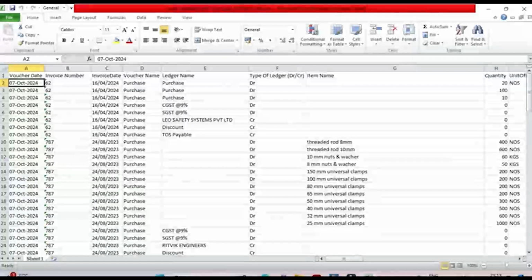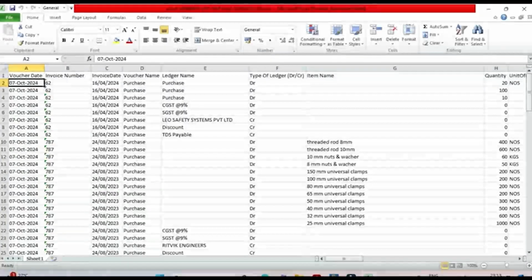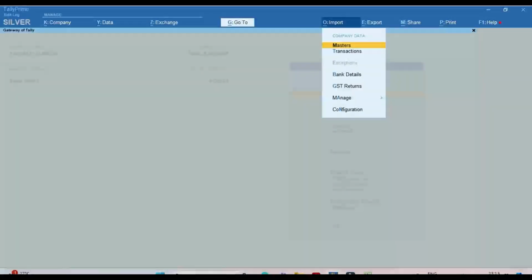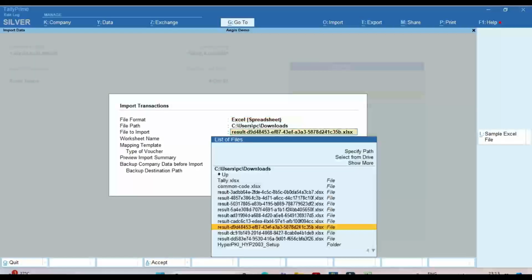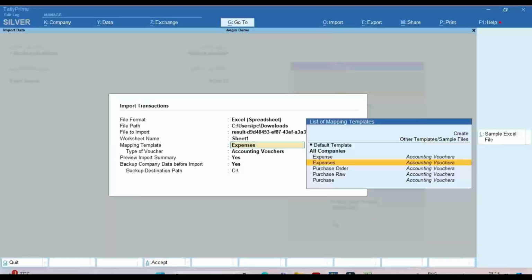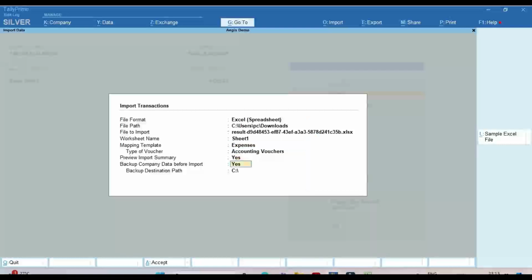So now we are ready to import all these data entries into our Tally. In Tally, we have this import option, under which we have transactions. We are going to click on transactions, select our file, select the sheet, and select the mapping template, which is expenses for me.